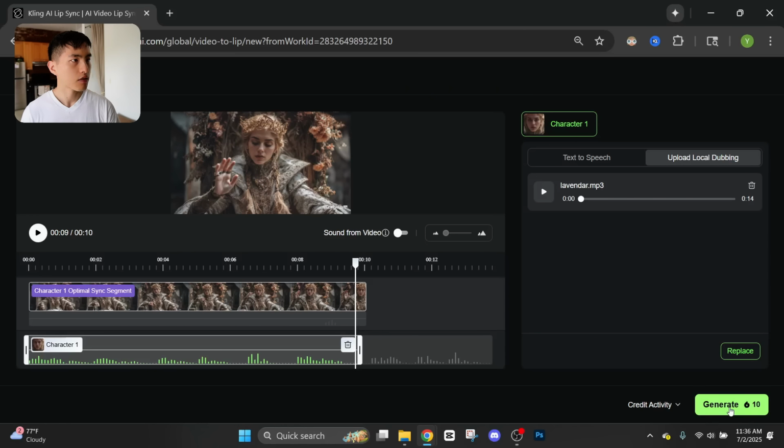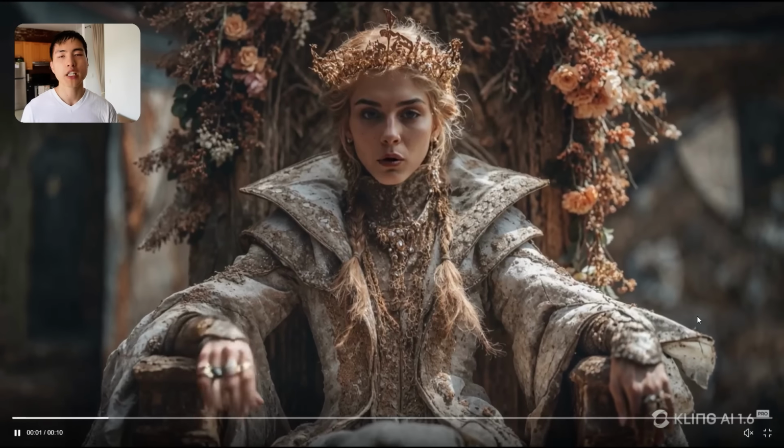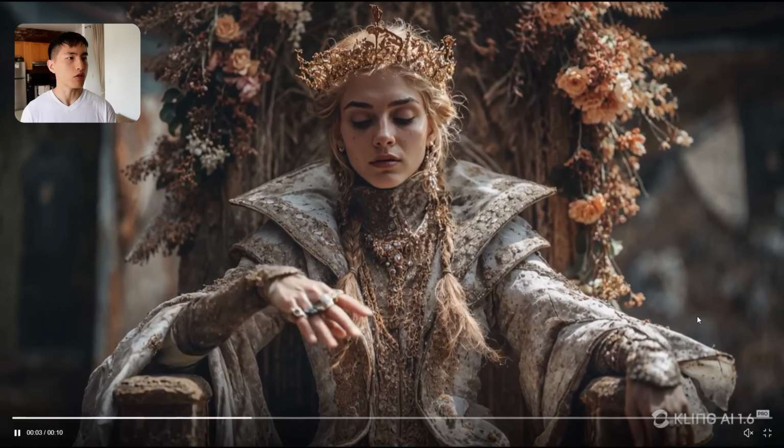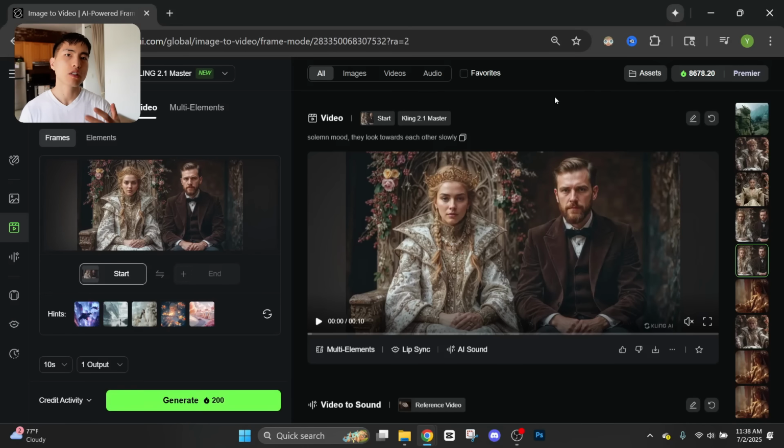If you look carefully at the lips, it's not super realistic. A lot of the times the lips only move a little bit, but it is a cool tool to have inside the video generator. Kling also does give you the ability to add lip sync with videos that have multiple characters inside. In this video, I have two characters, the queen and the king, and I have them looking towards